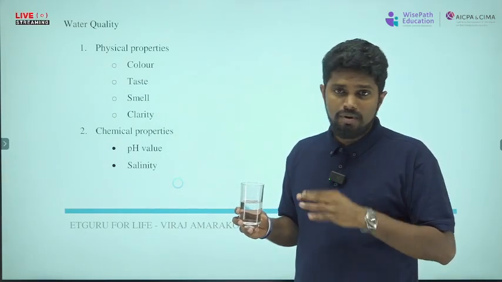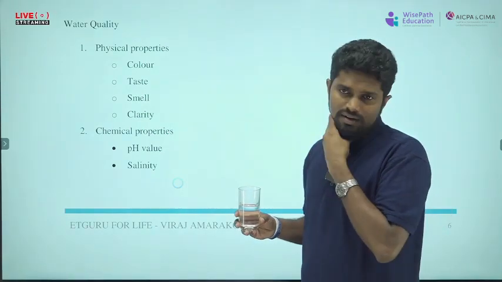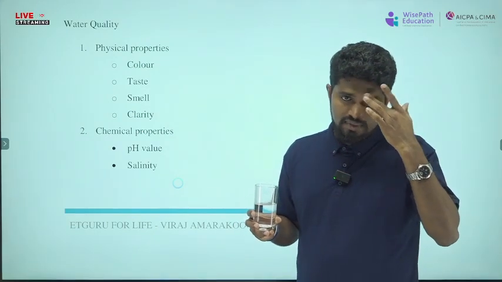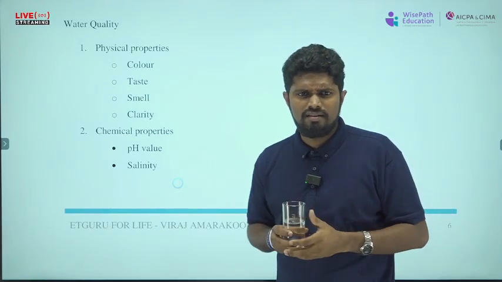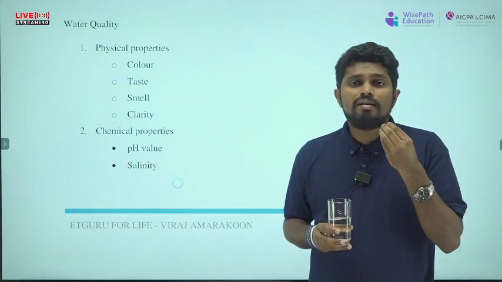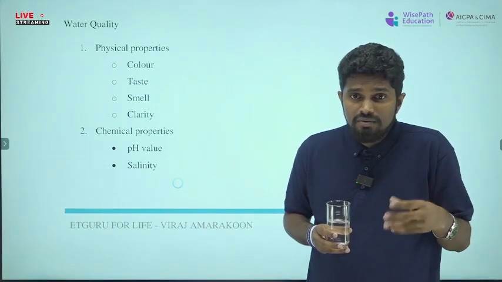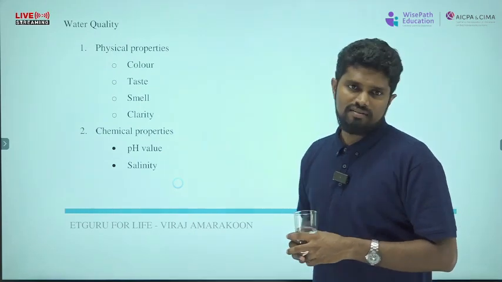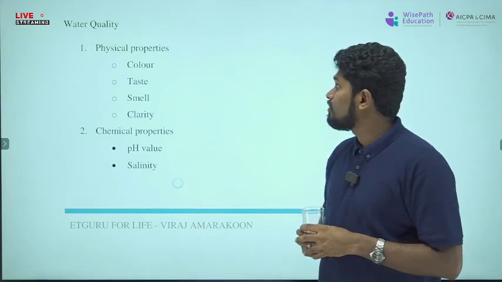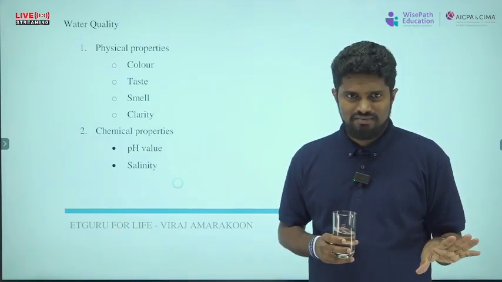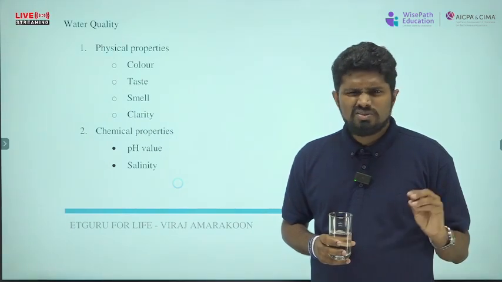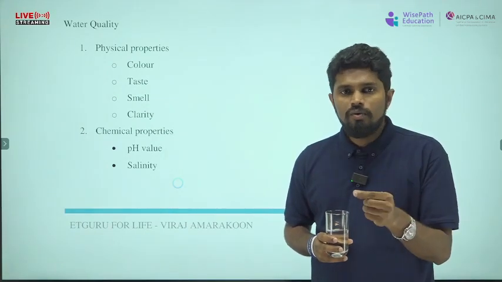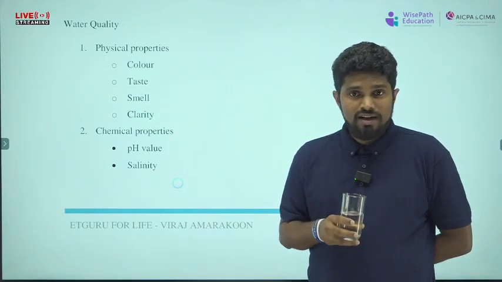Okay? And those properties we can call physical properties. ඔය property වලට අපි කියනවා physical property කියලා. Then what are the chemical properties? To measure the chemical properties, you have to use some instrument. Then these are the chemical properties. And physical properties, what are the physical properties? Color. It should be colorless, no? Then taste. It should not have a special taste. Smell. Special smell එකක් තියෙනවා නම් අවුල්නේ. Smell less වෙන්න ඕනේ. ගඳක් සුවඳක් නැහැ නේ.